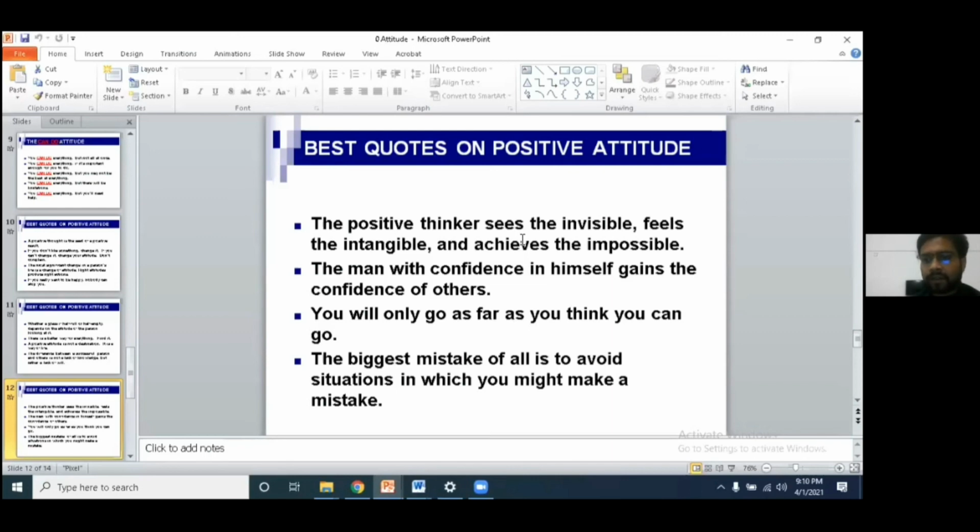In 1 year, if you think that you made 50 mistakes, that means you have 50 learnings. Those learnings you use in your future. So mistake does not mean that you just sit in a corner of your room or sorrow with tears in your eyes. That does not mean it. Mistake gives you experience.